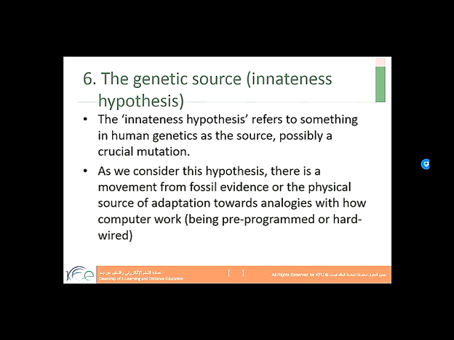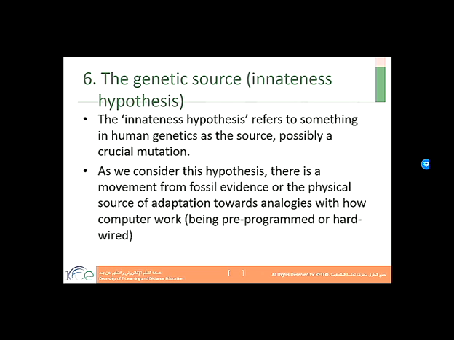Possibly a crucial mutation, perhaps. We don't know. This is just a speculation. As we consider this hypothesis, there is a movement from fossil evidence, or from the physical source of adaptation, towards analogies with how computers work, in terms of being pre-programmed or hardwired.